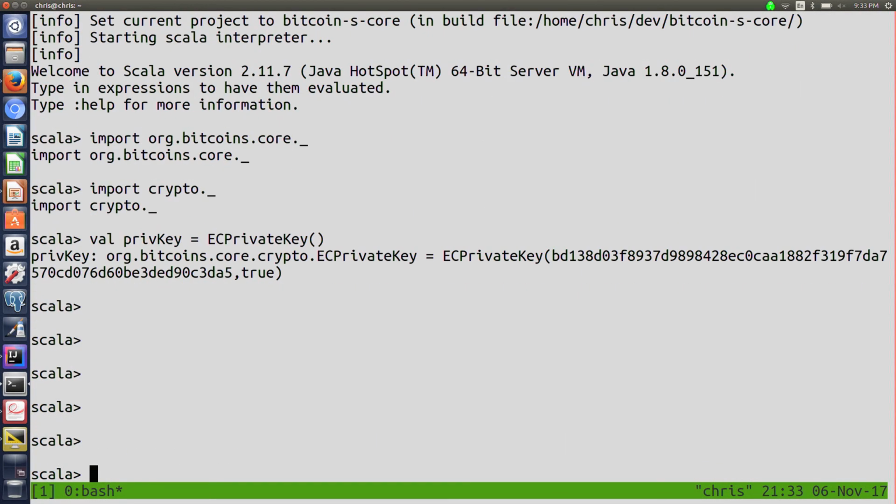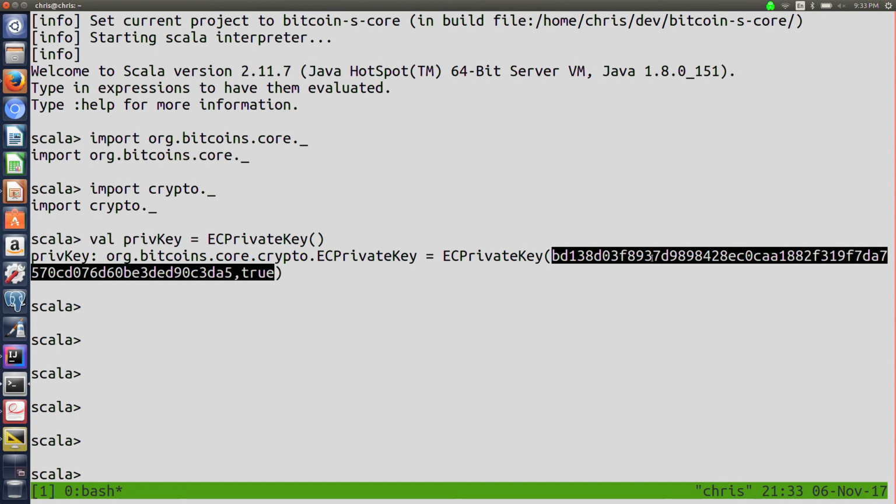Okay, so this is exactly as it looks. This long hex string here with a Boolean at the end is a 256-bit private key that would be stored in a Bitcoin wallet.